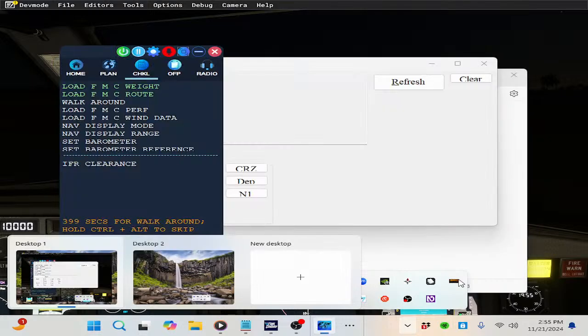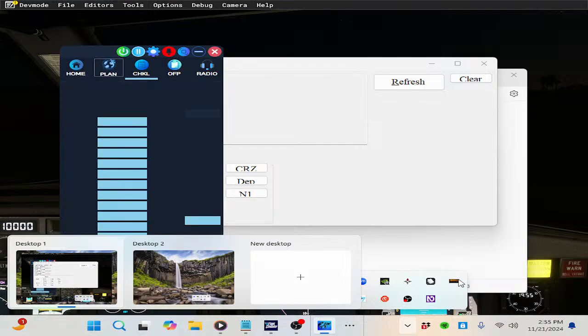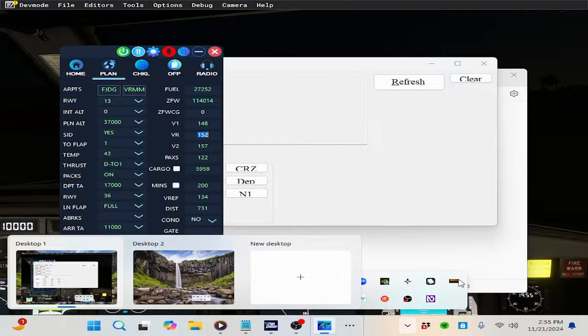Pause button, mid button, reduce size button, minimize button, exit button, configuration options button, home button, plan page button pressed, checklist view. OF rate, ZF, V1, VRS, V2 edit multi-line, passengers, cargo edit multi-line selected, min edit multi-line selected, ref edit multi-line selected 134, V2 edit multi-line selected 150, VR edit multi-line selected 152, V1 edit multi-line selected 148, ZFW edit multi-line selected 114,014, fuel edit multi-line selected 27,250, radio